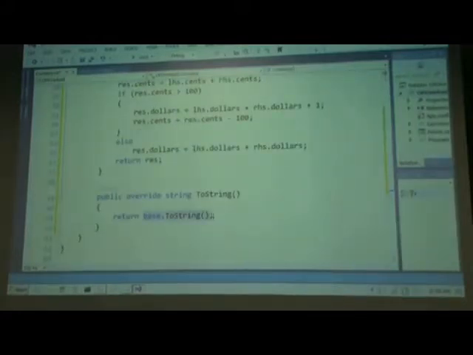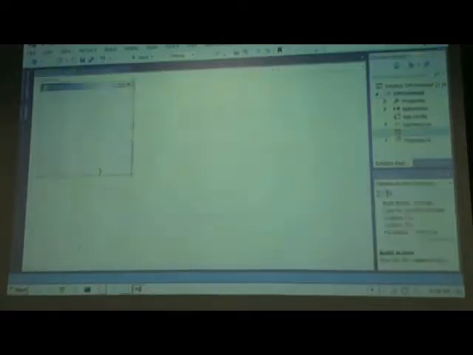So over here we can do something, return a dollar sign plus dollars.toString plus cents.toString. Okay. So anyway, now let's first create just a simple test of our own, not a unit test,